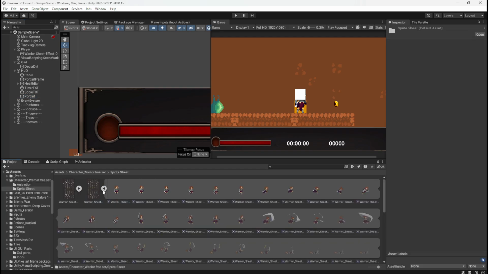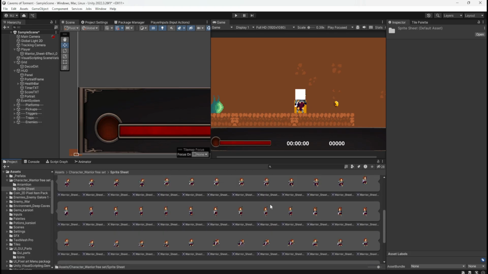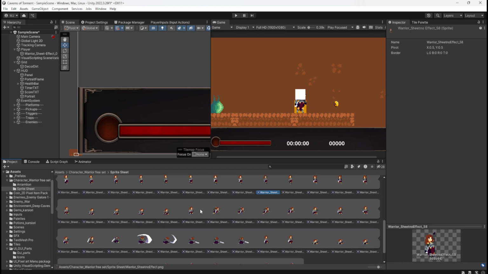Character sprite sheet. I forgot which one I was going to use. That's quite a nice one.